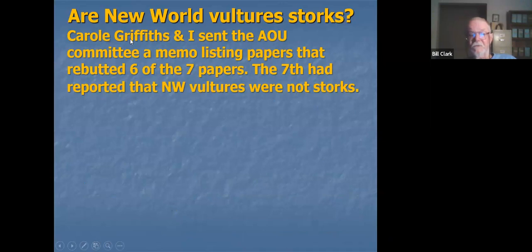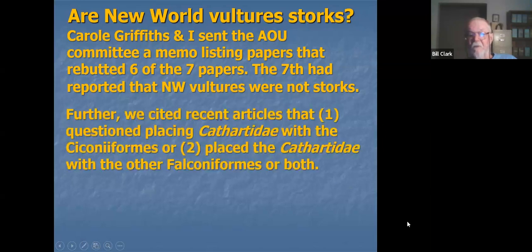So Carol Griffiths, who is a raptor researcher, particularly involved in taxonomy, and I sent the AOU committee a memo listing the papers that rebutted these. And we also gave other information. We cited recent articles that question the placement there, and we showed that the Caracara is closer to the Falconiformes